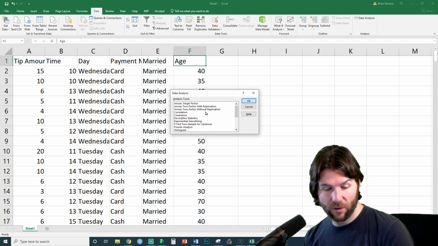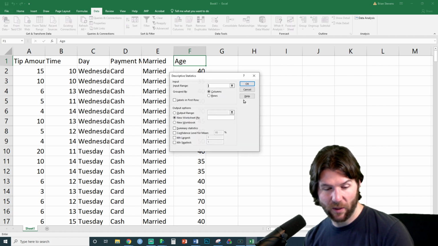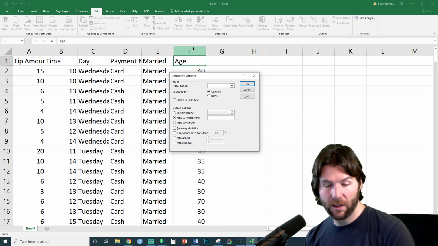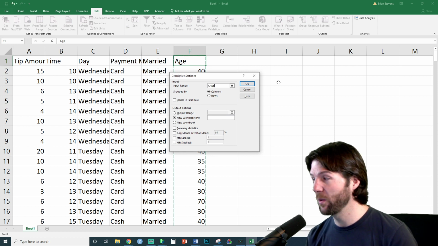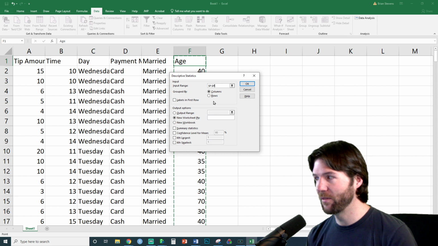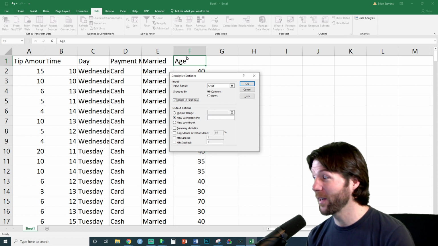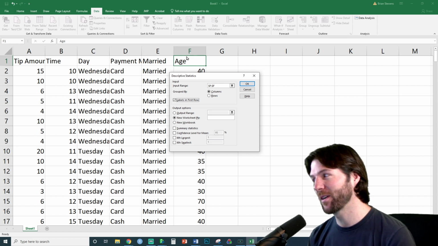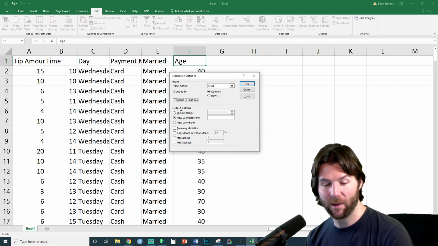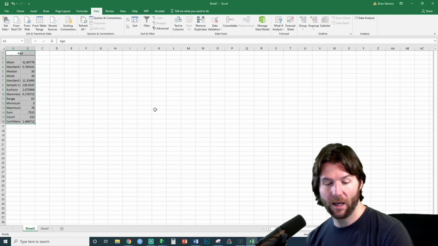And let's go here. We want to go to Descriptive Statistics. We click OK. Now we're going to click the column we want to do. I'm just going to do age for the heck of it. Obviously, I'm doing a different data set right now, so I'm not doing your questions. Labels in first row. I forgot that last time, and it said nope, and I was like, oh, I forgot to click labels in first row because there's a label up there. That's why it's clicked. Summary statistics and confidence interval. Click OK, and we're good to go.